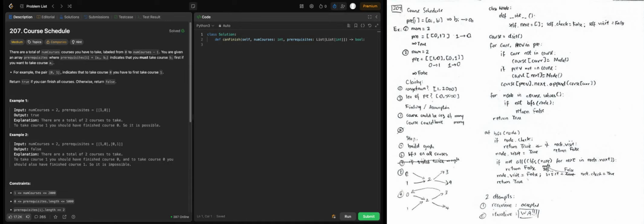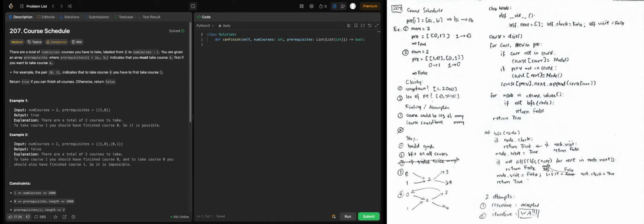If I have checked it, then I just return true. Okay. Otherwise, I need to check if it does not. So what do I do here is,